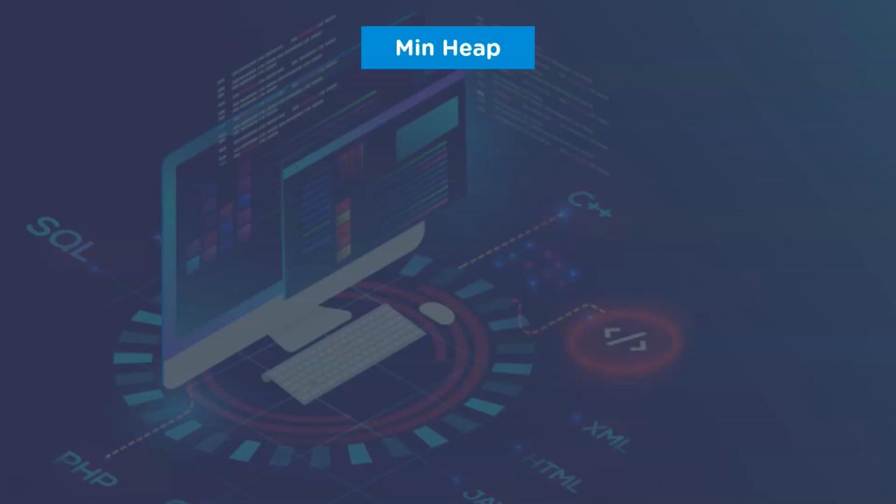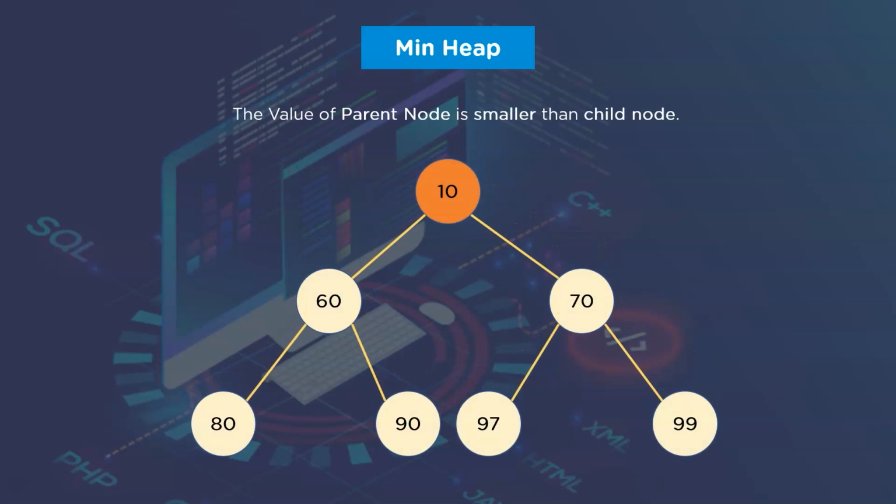The next type of heap is min heap. The min heap is a heap in which the value of a parent node is less than the value of a child node. In this specific example, you can observe that each child node is larger than its parent node and the element at the root node is the smallest element of the heap. Both the structures that we have discussed are binary heaps as every node has only two children. In upcoming slides, we will discuss some complex structures of heap data structure to better understand how we can judge if a tree-like structure is a heap or not.